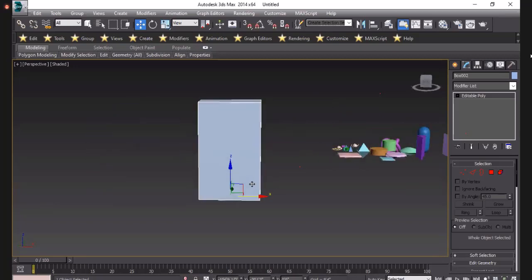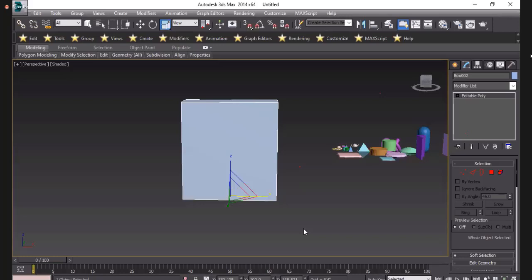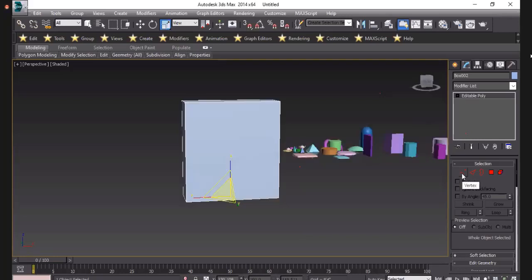There are two methods to change the shape of this box. One is the rotate tool, which is R, shown here on your screen. The second one is the vertex.